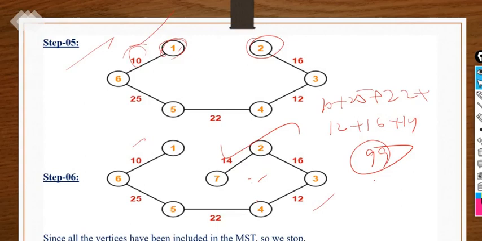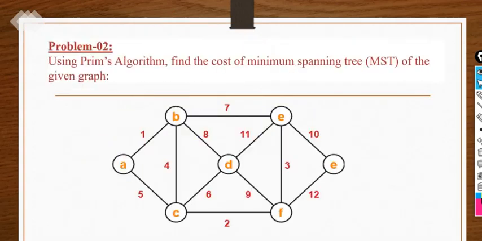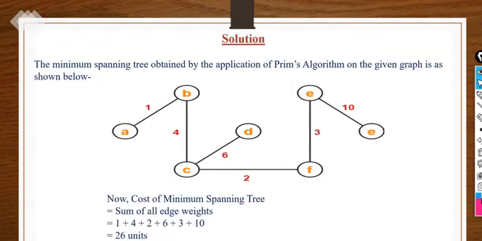Next we have Kruskal's algorithm. One more example is there. You can try it yourself. So this is an example. You can take a screenshot and try it yourself. I will provide you the PDF forms of all the lectures also, so you can take the solution from there. Here is the solution for this particular question: you have to use Prim's algorithm, and this will be the resultant answer. 26 will be the minimum cost for this graph that is given to you, right?